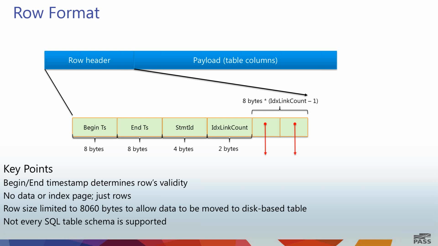We have a statement ID used for internal purposes, a link counter used for garbage collection purposes, and then we have the actual links for the indexes, which you see on the right. Because each entry in an index can have multiple rows in it, this is implemented using a linked list data structure where each row points to the next row in that same entry in the index. We'll have an example on the next page.